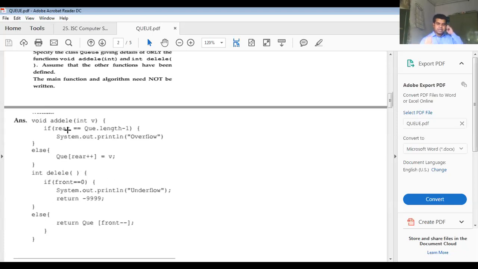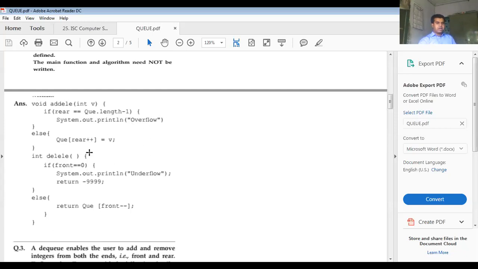Okay, suppose the maximum length is 6. 6 minus 1 is 5. And the value of the rear is equal to 5. That means your entire queue is full. There is no space where you can store any data. So it is an overflow situation.